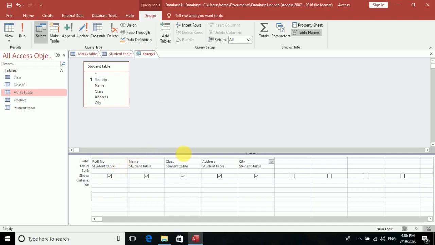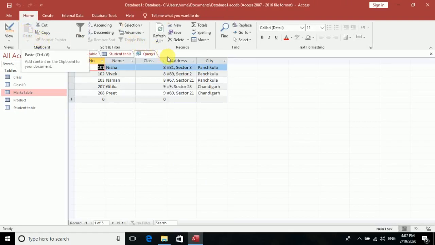Now the first query is that you want to remove, meaning hide, one field. Here you can see a Show row, in that there is already a checkbox. That checkbox makes us understand that you can see all the things in the query. Now I'm running the query. How can you run the query? Here we have the Design tab. After creating a query, you will see a Design tab. In that, you have the Results group. You will click on Run. As you click on Run, you will see the whole database over here.